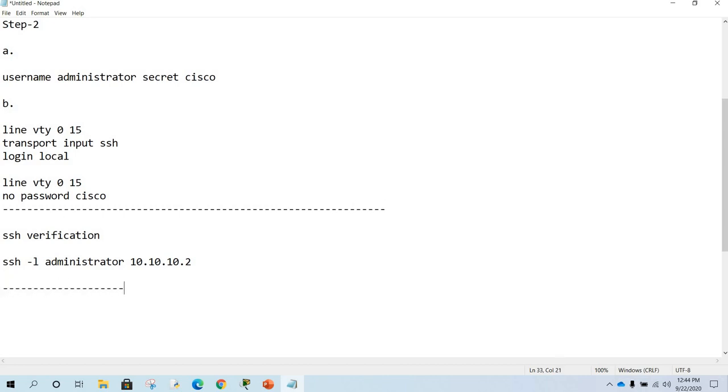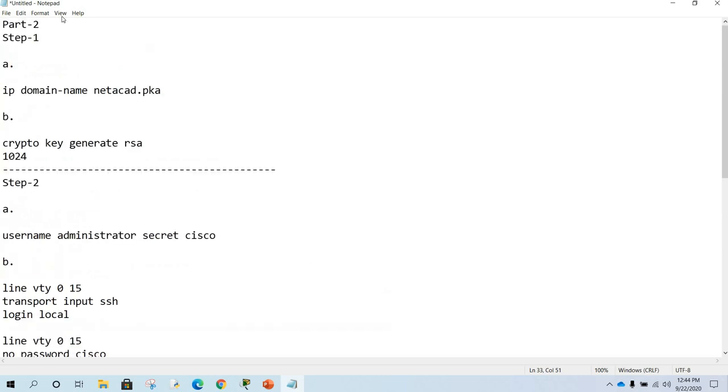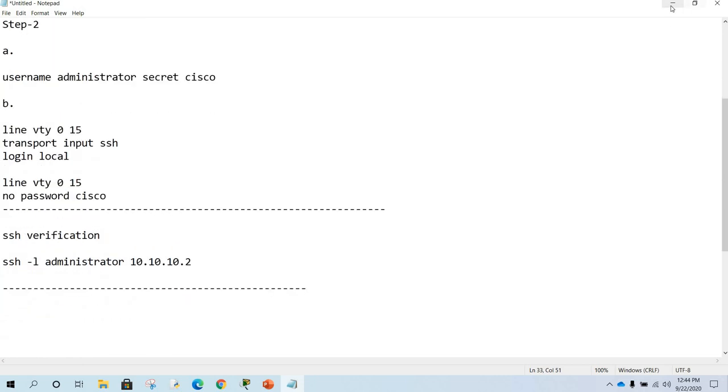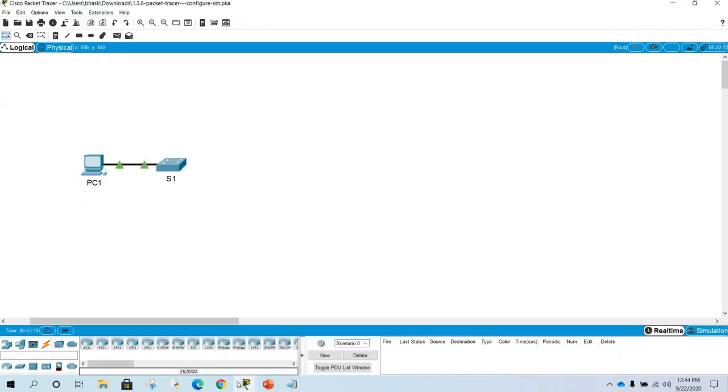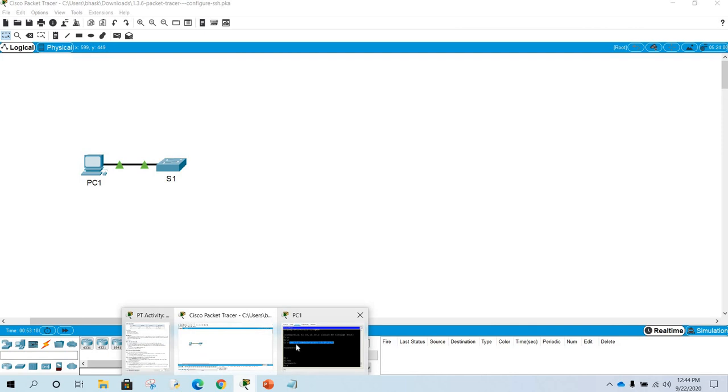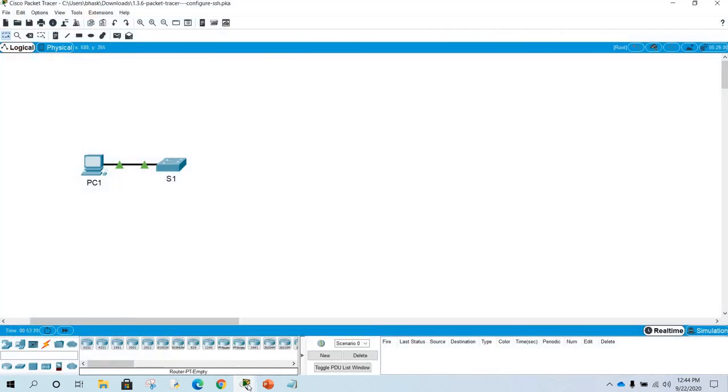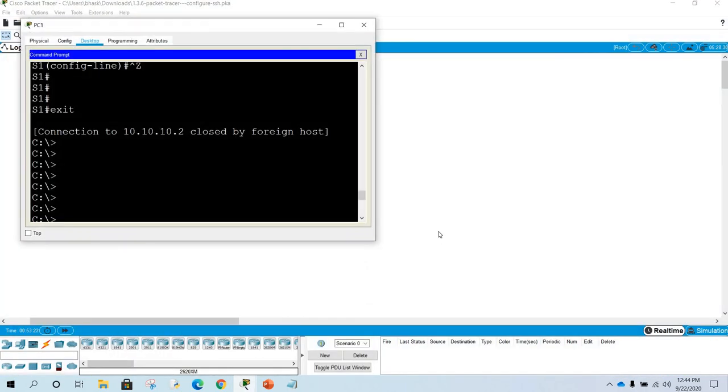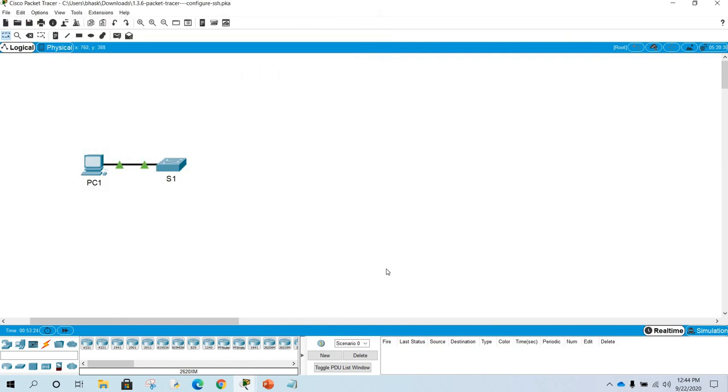How to verify? Use the command ssh space minus l administrator, that is the username, followed by the IP address of the switch. That's all about this activity. Hope you understand. Practice one or two times at home with your laptop and you will get full knowledge.